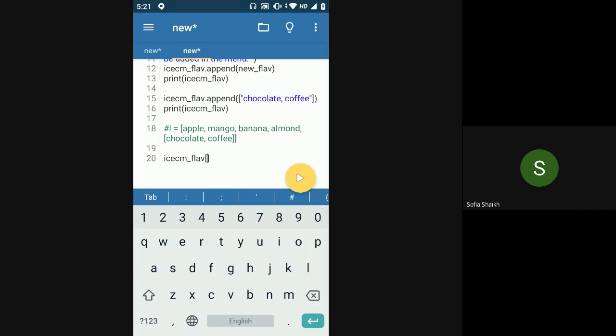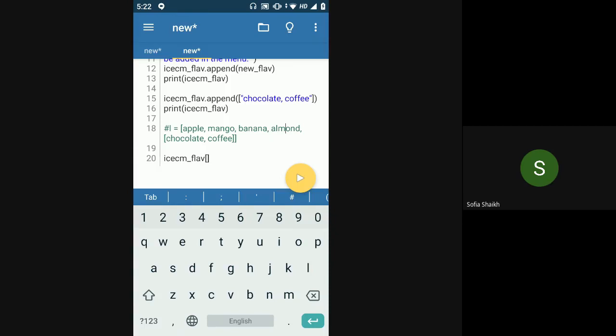No, you can't put five, because if you check the elements of this ice cream flavor list, the first element is apple, second is mango, third is banana, fourth is almond. But the fifth element is a list itself. The fifth element is not a string. We said when you're creating a list, the elements of the list can be of any data types.